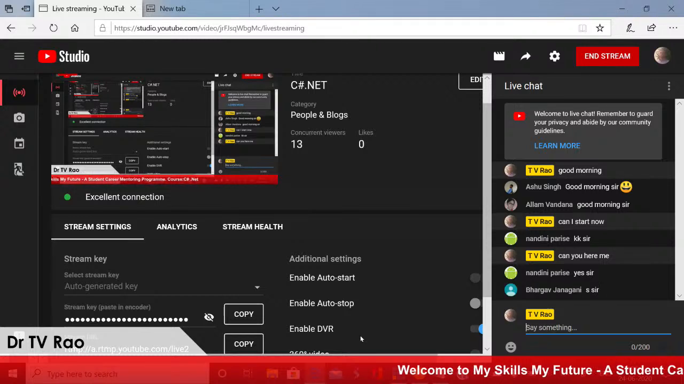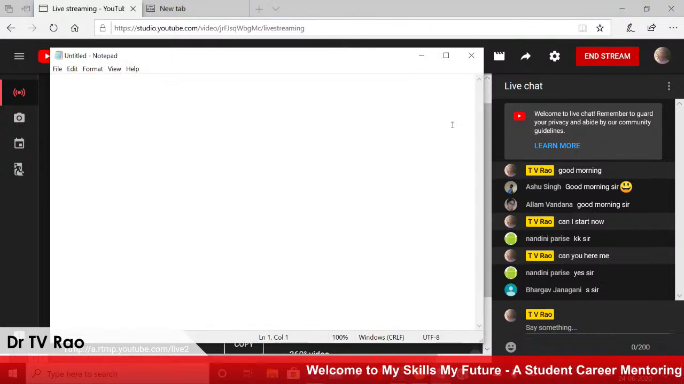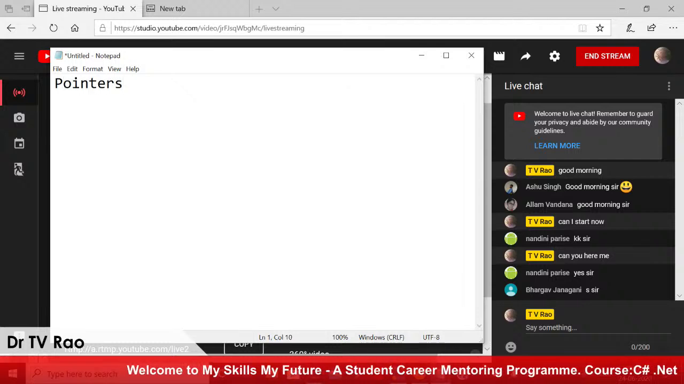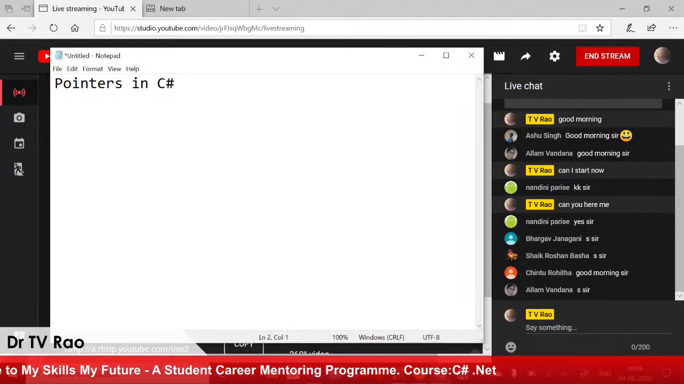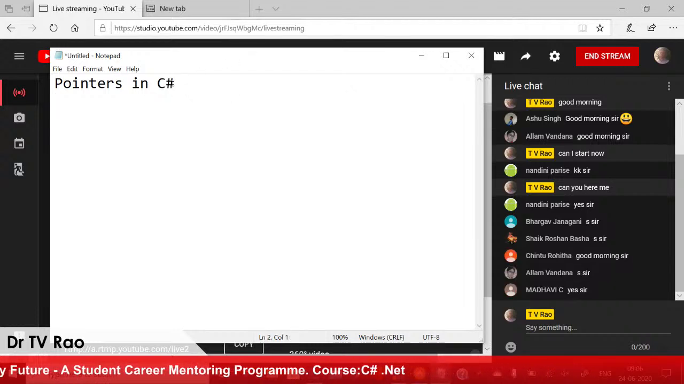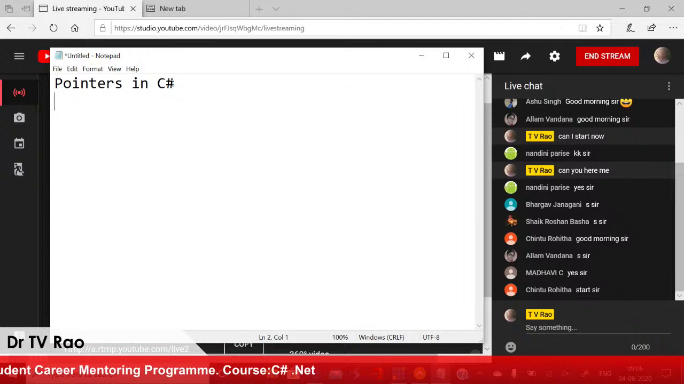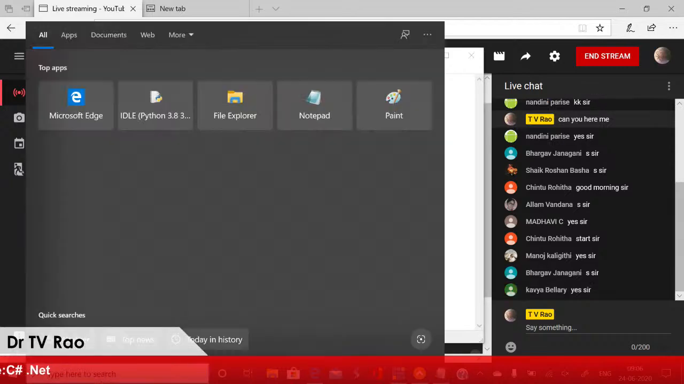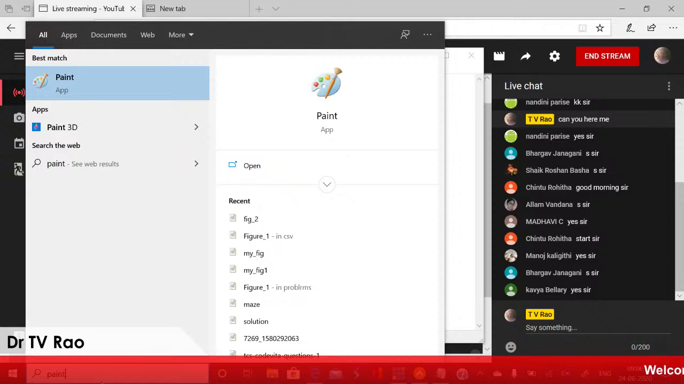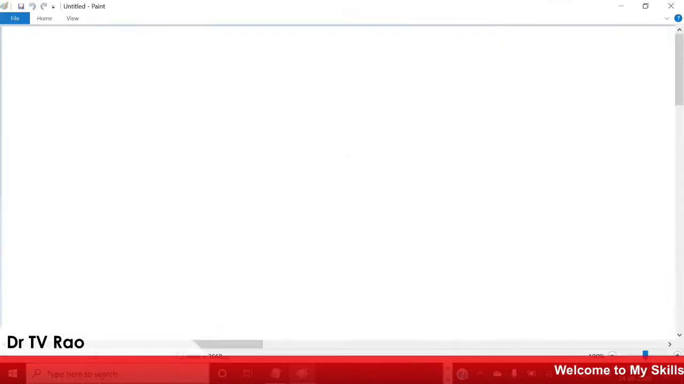Okay, so let us begin. One concept is not covered in previous classes. This is pointers in C sharp. We have pointers in C sharp like we have pointers in C, in the C family of languages,